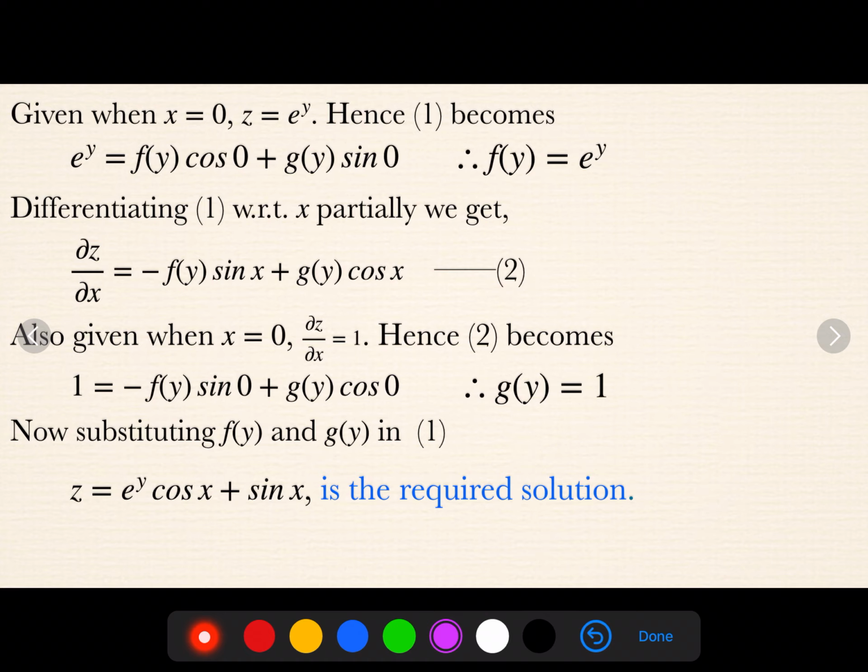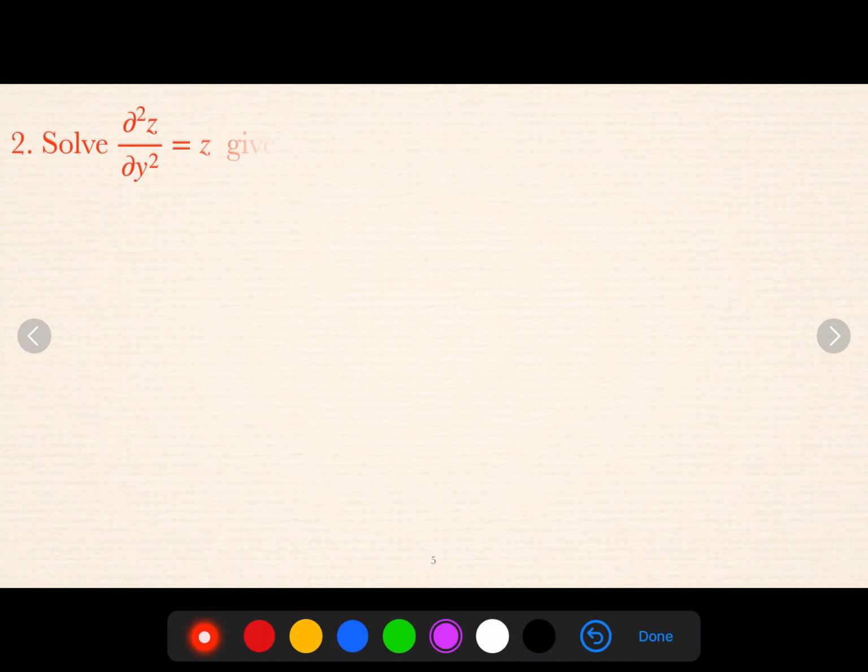Hope you know all the three cases. Then according to that, write the complementary function. That will act as a solution of the ODE. To find the solution of the PDE, replace the constants C1 and C2 by functions of the other variable. Which is the other variable, just look at the given conditions, very easily you can identify. The condition they are given, z is equal to e^y, means z is a function of x and y. So, I will replace C1 and C2 by functions of y, then use the given conditions to obtain the values of f(y) and g(y). With the same steps, we will discuss the second question.